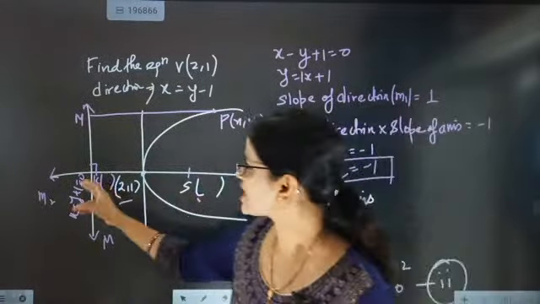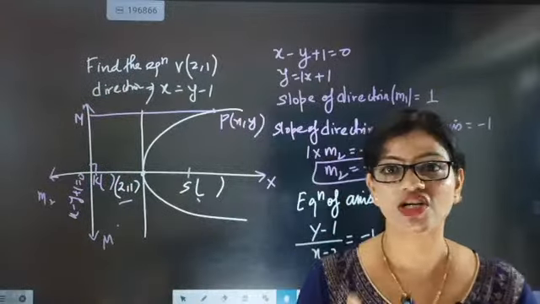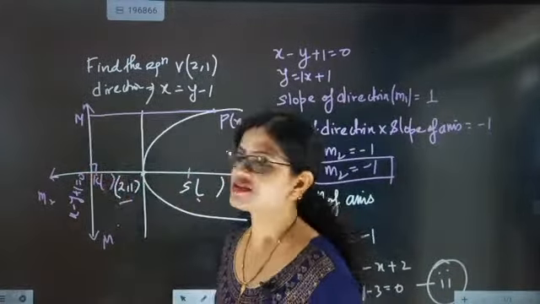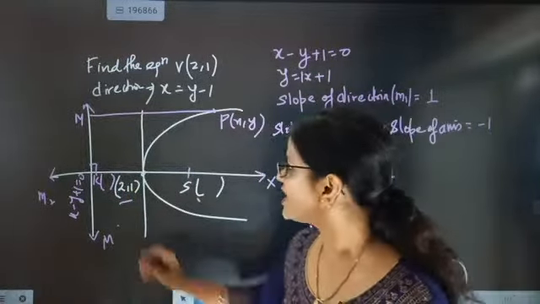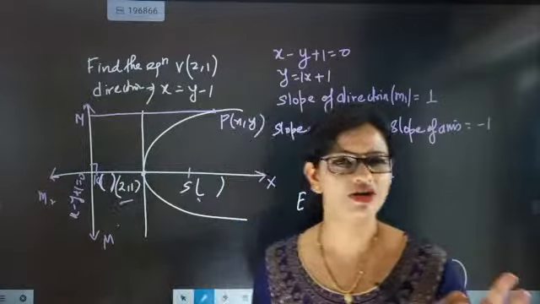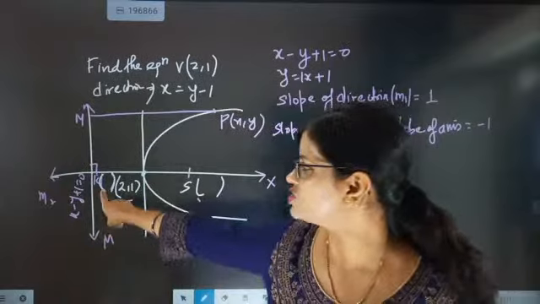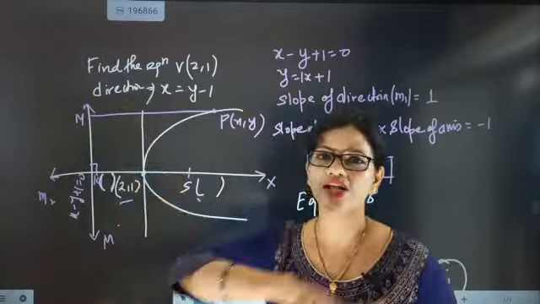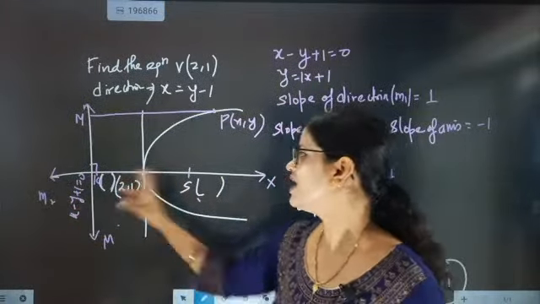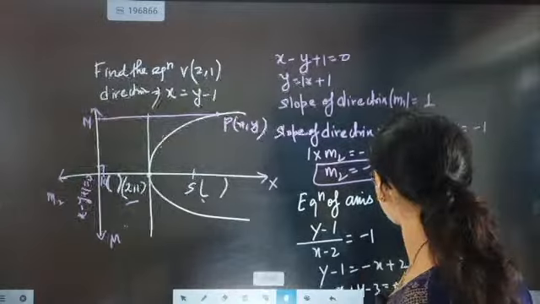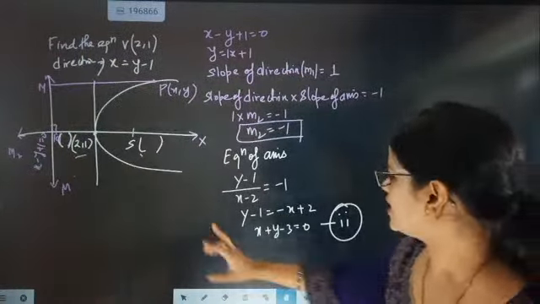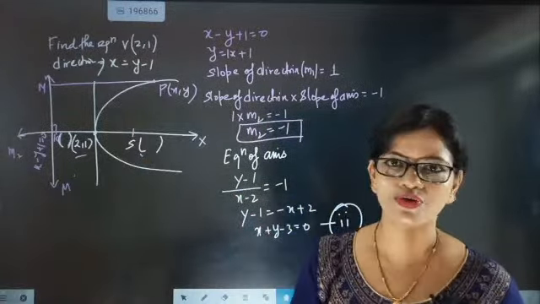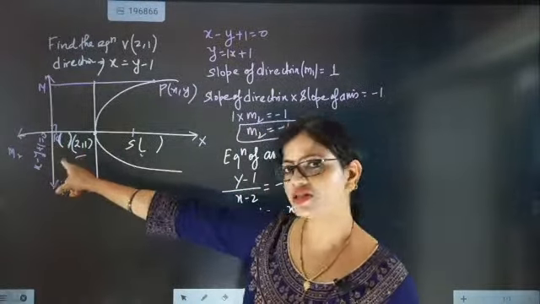This axis and this directrix are meeting each other. Can you tell me what is the contact point between the directrix and the axis? The contact point is this K, jackpot. Because vertex you already have, once you get this point K, you will get the focus. From the beginning, my strategy was very clear. I was very focused on one thing, to get this point K. I did everything to get this point K.